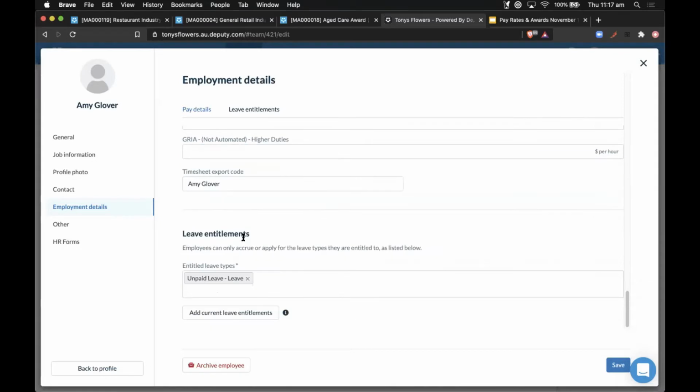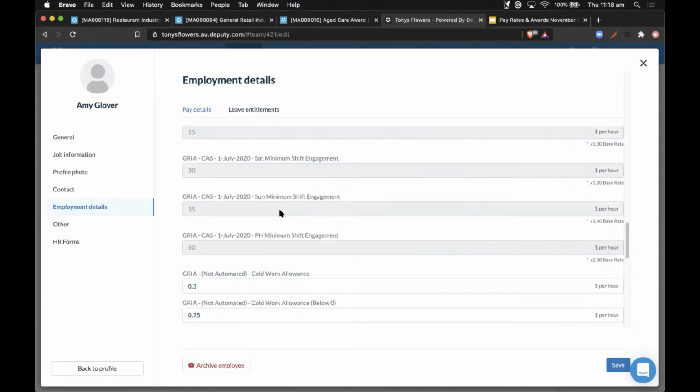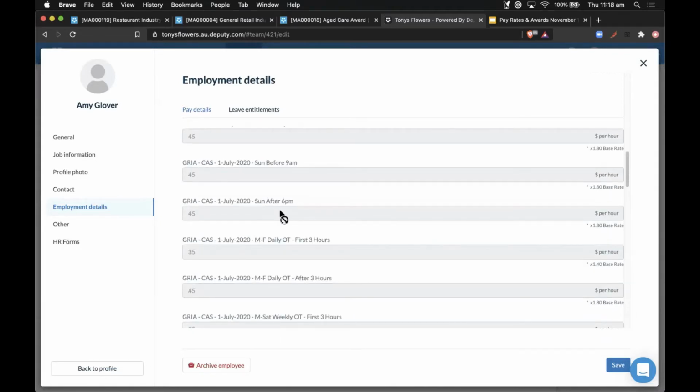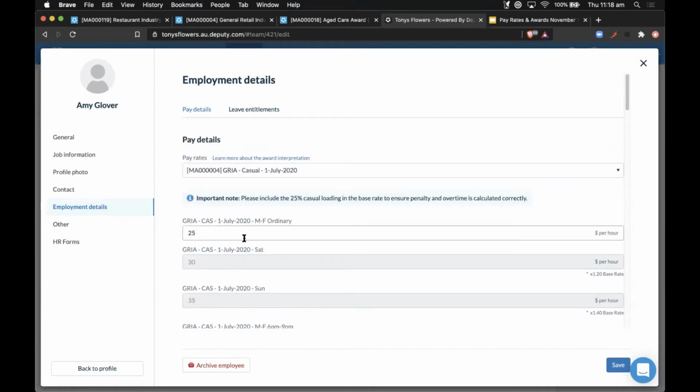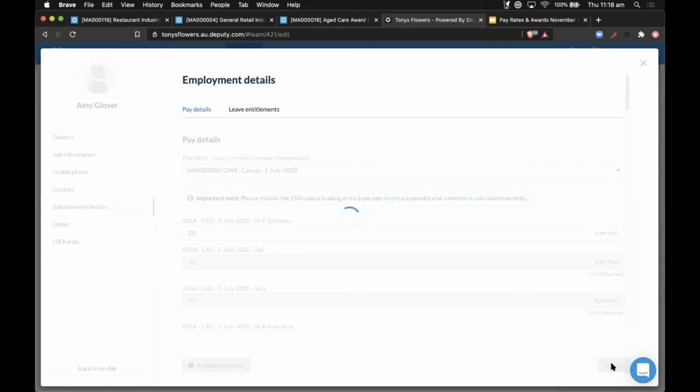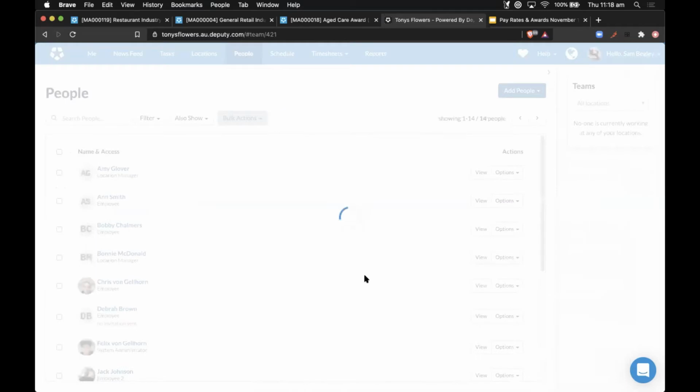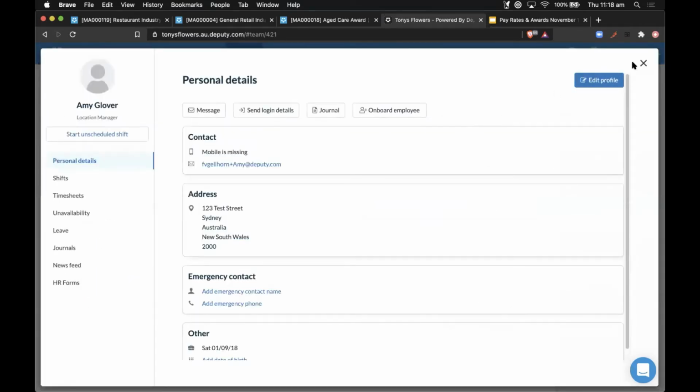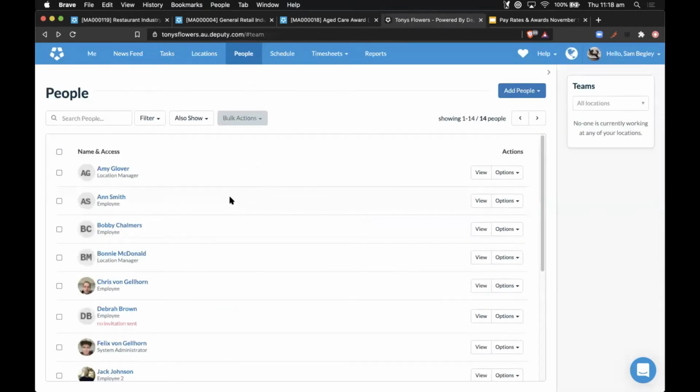And it's really good to have a read through this stuff for the first person, then save it and move on to the next person. At least you've got a good idea of where you're at. So let's just hit save for this person. And it's really good to get an understanding of not only specifically this award, but all of the industries that are being serviced here.